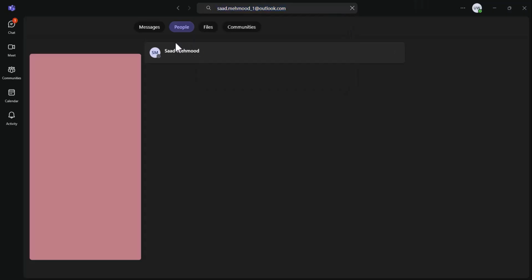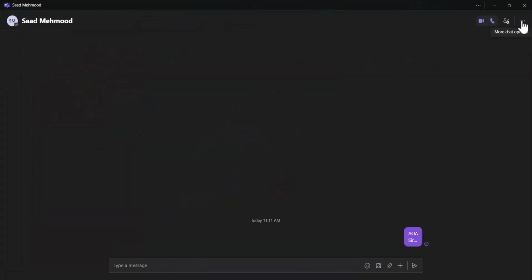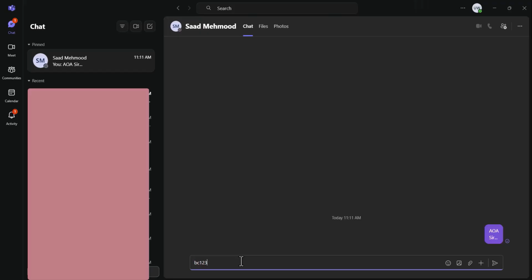If you have used the correct ID, then the first search result will be the correct one for the supervisor. Then click on the arrow shown to open the chat window with the supervisor. Next you should use the Pin option to pin the chat on top of the chats area. This way your supervisor will always appear on top of chats. Then you should send a message to the supervisor indicating your student ID.